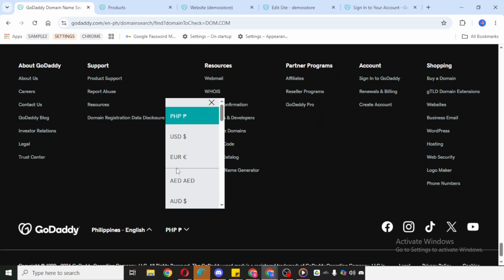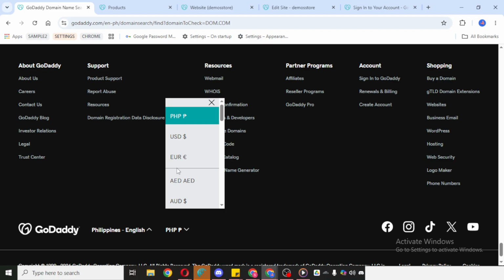A quick tip while doing this: if the page doesn't update right away, give it a moment or refresh the browser once. Also, keep in mind that product availability and pricing can sometimes vary slightly depending on region, so changing the currency may also affect how prices are shown across the site.